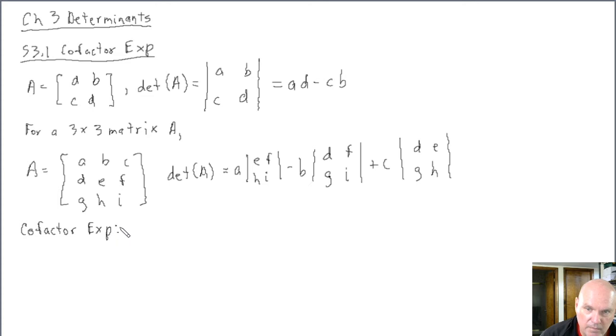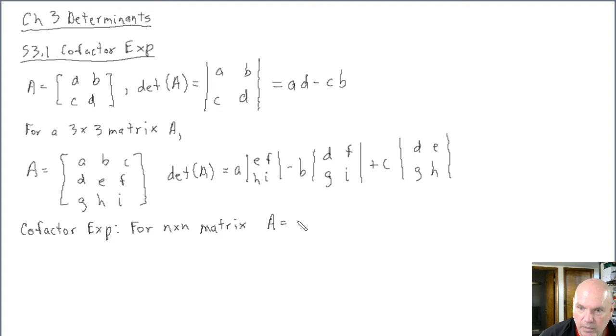So we have a special case formula for the 2 by 2, and we'll look at a special case method for a 3 by 3. But in general, we can use this cofactor expansion method for an n by n matrix